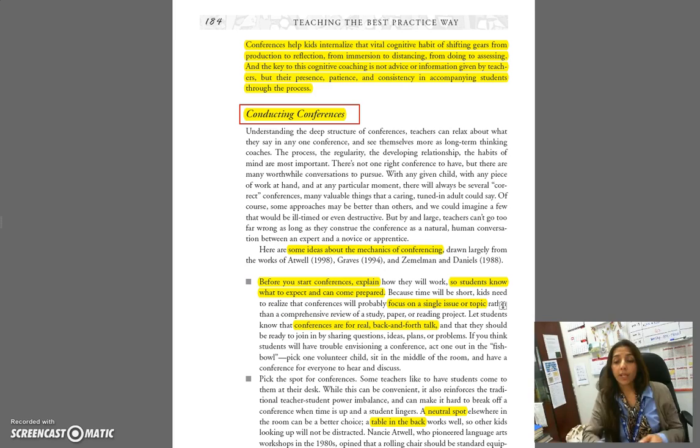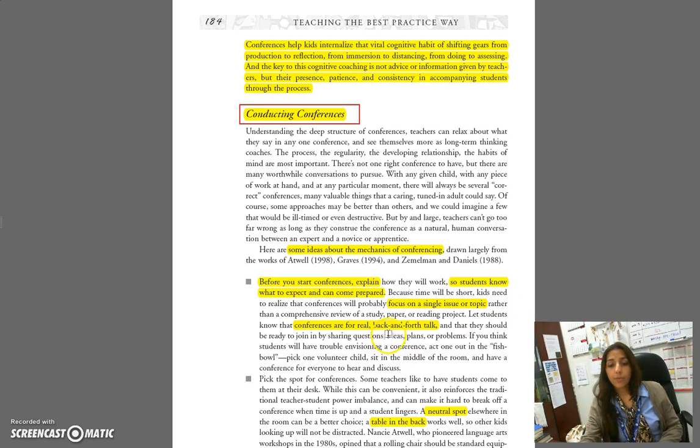But yes, of course, in a class, if she's having 6 conferences in one period, each student can bring a different task. Somebody can bring a difficulty in math, somebody can bring in science, somebody can bring in geography, or another one can bring a problem in language. But one student should not bring more than one difficulty or more than one topic to discuss with the teacher.